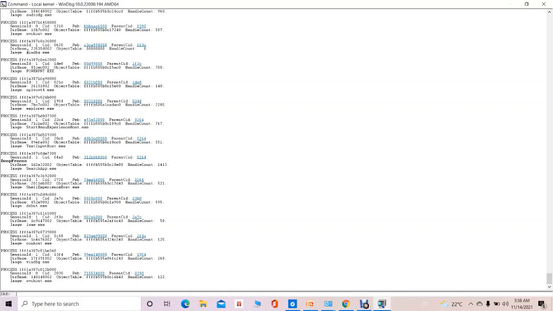For that purpose, I will copy this virtual address of the eProcess structure for PowerPoint.exe. I will use the command dt -b nt eProcess, then a space, and give that virtual address. I think I did not copy it, so I will have to copy it properly.